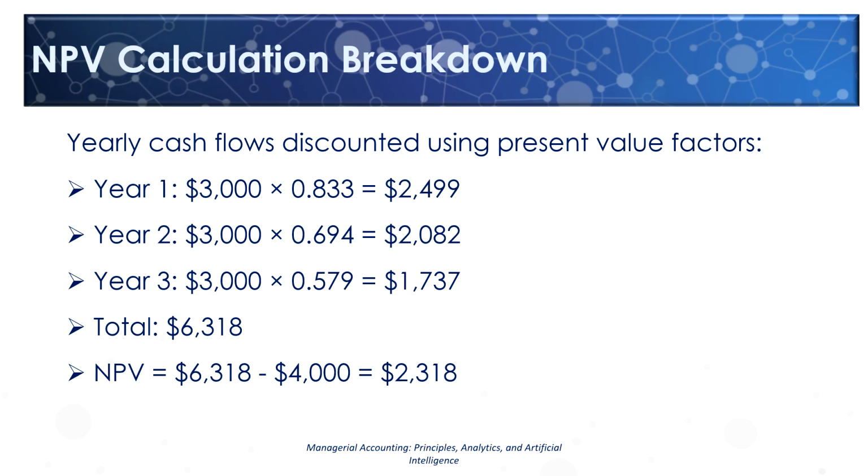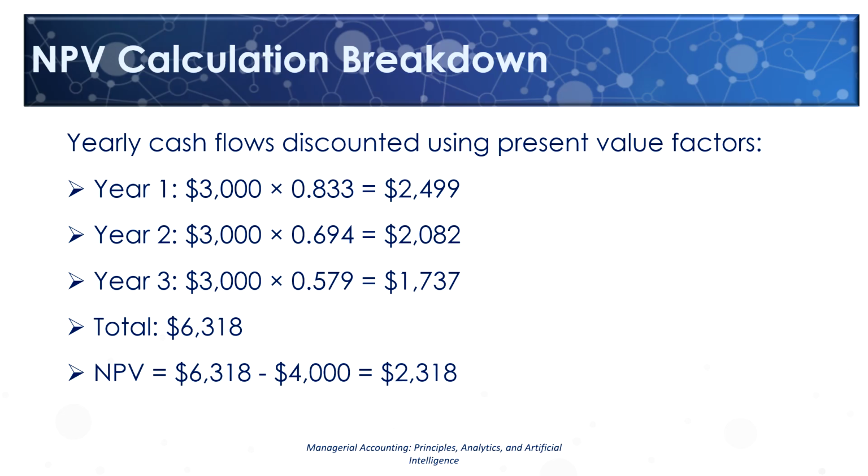$2,499. The discount factor for year 2 is 0.694, which we multiply times $3,000 to arrive at a current value or present value of $2,082. We discount year 3 by a discount factor of 0.579 to arrive at a present value of $1,737. Tallying all those present values, we get